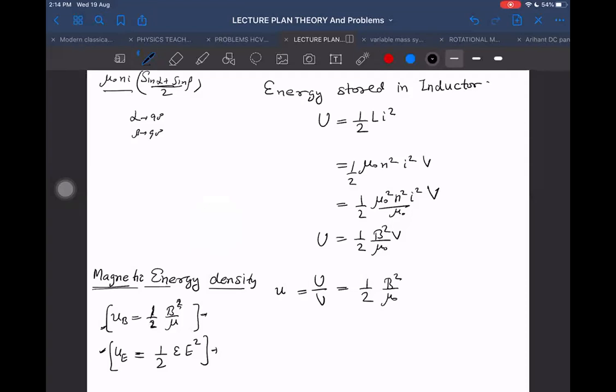But I prefer to call it the energy density formula, not the electrostatic or magnetostatic pressure. The reason is, it will be magnetostatic pressure only when the magnetic field we are writing is very close to the surface of the current carrying wire. But energy density is still valid even if I take some point far away, and at that point I know the field, then I can find the energy density stored near that point. I don't have to take the magnetic field only close to the surface. But when we take the magnetic field close to the surface, it also becomes the formula of magnetostatic pressure.